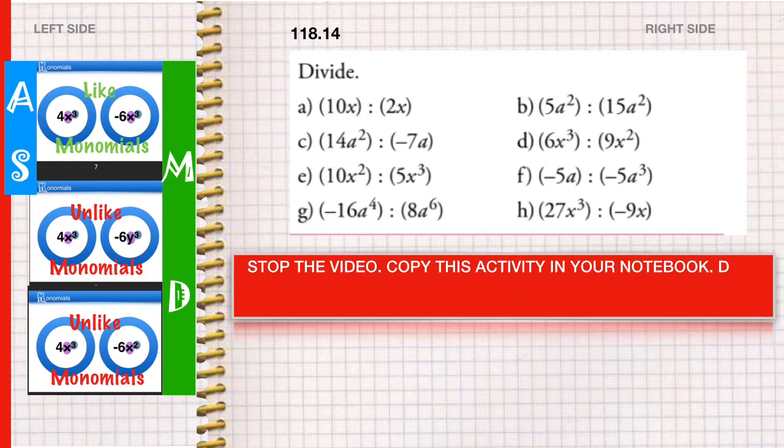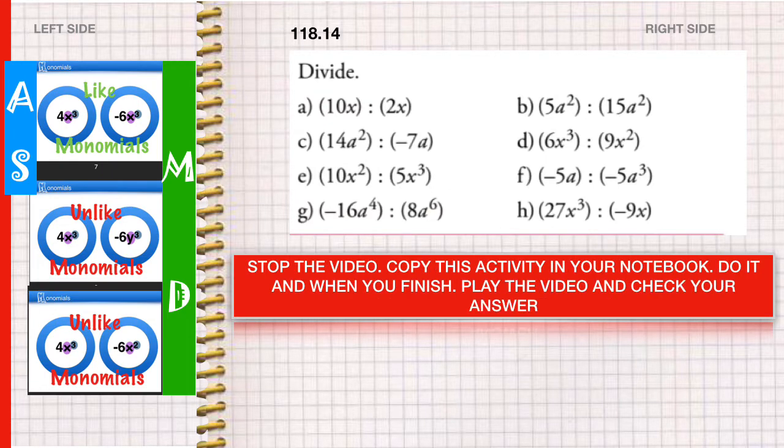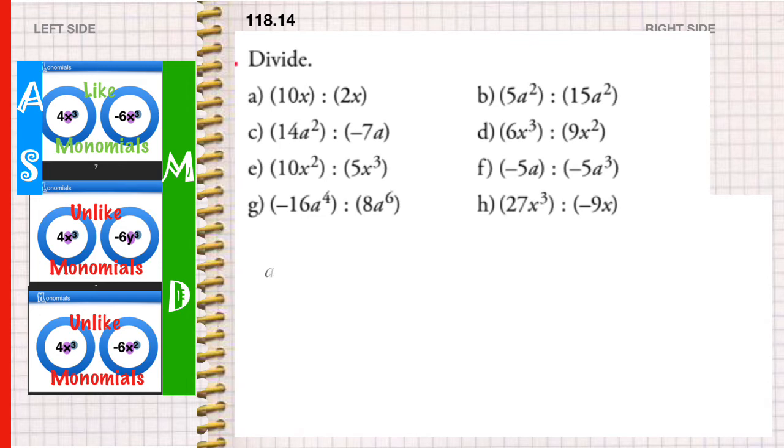Stop the video, copy this activity in your notebook, do it, and when you finish, play the video and check your answer. A. 10x divided by 2x equals 10 divided by 2 is 5, x divided by x is 1, so the final result is 5. B. 5a squared divided by 15a squared equals 5 divided by 15, 1/3, and a squared divided by